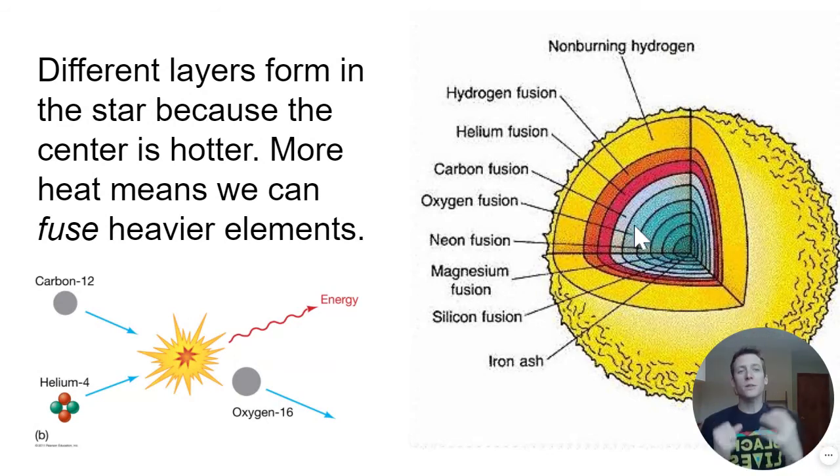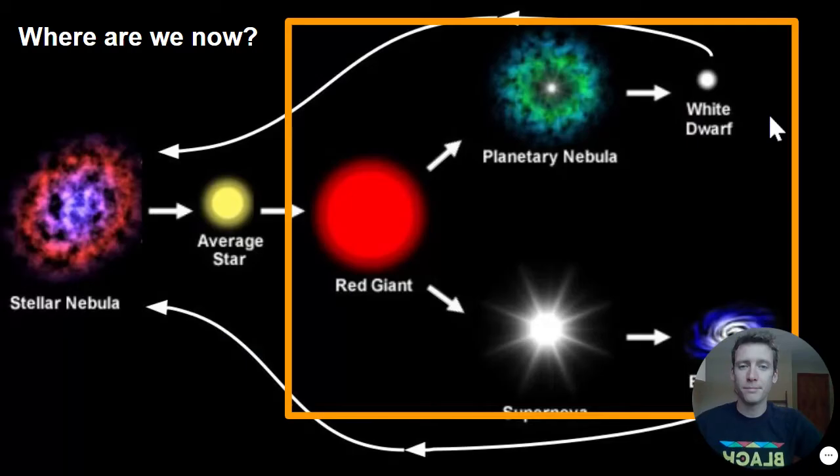Because the deeper in you get, you have to think of yourself in the core of a star. The deeper you get into the core, the more stuff you have over you. Just like the deeper you get in a swimming pool, the heavier that water feels, like maybe your ears start to pop. That's why it's really hard to go deep diving, because the more you have over you, the more gravity pulling down on you, the stronger that force feels. Just like in a star. So we start to get layers in these red giants as well.